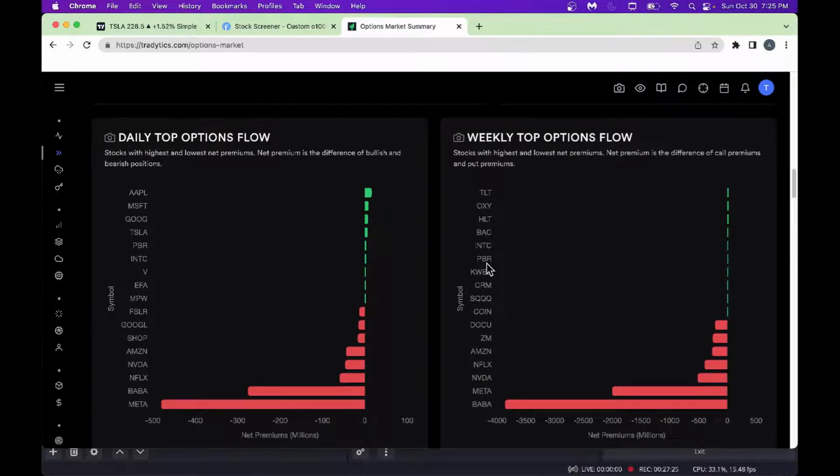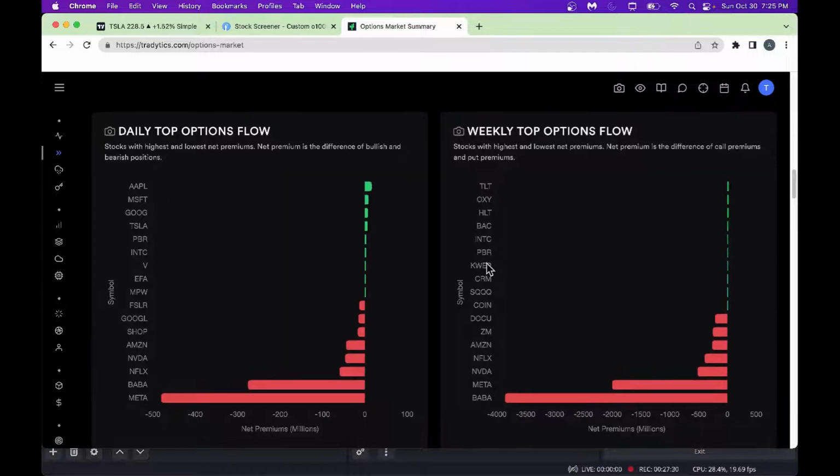This is one of the good tools here. On a daily basis, it tells you what are the top option flow from a stock perspective. We are not into the individual expirations yet. It's a consolidated summary view. It tells you, look, we got Meta, got clobbered here, lot of negative options flow here, and we got Apple at the top here, a lot of positive flow here. It kind of summarizes for you here. And then you got Alibaba, Chinese stock. As you can see here, it's a kind of negative flow here.